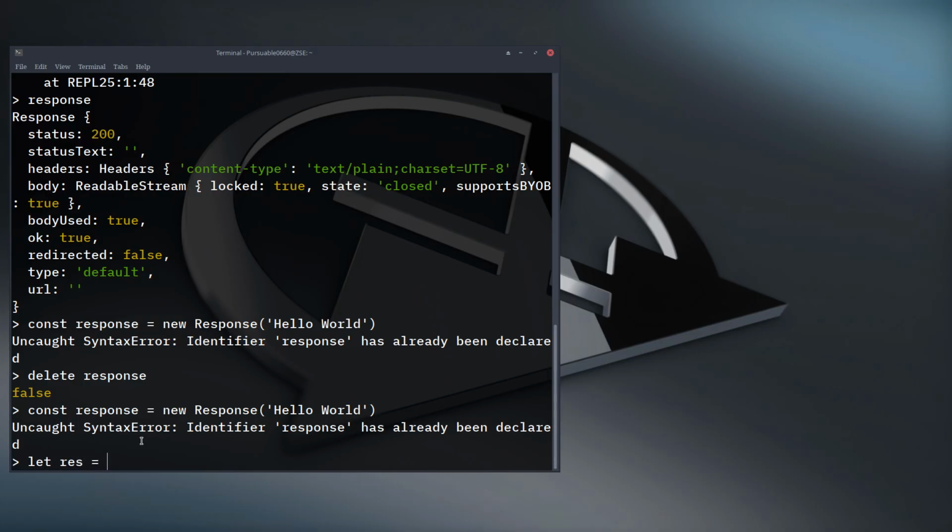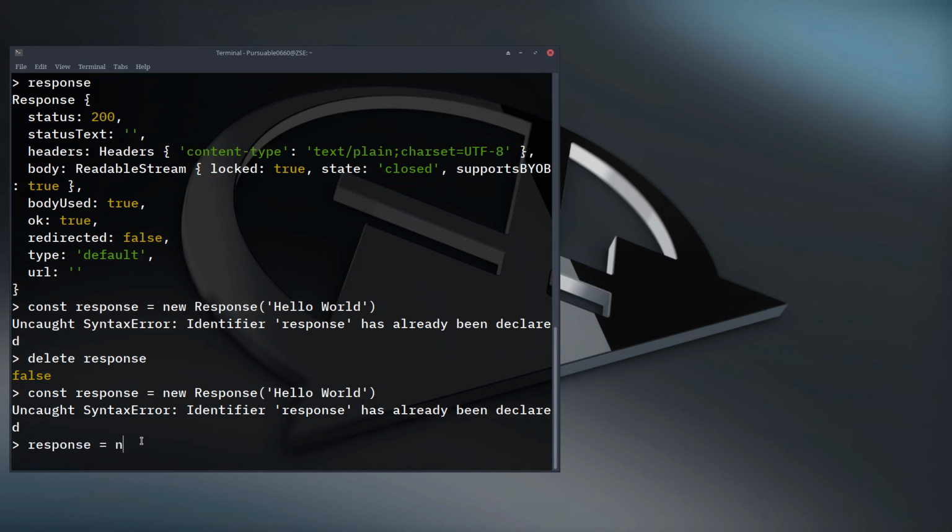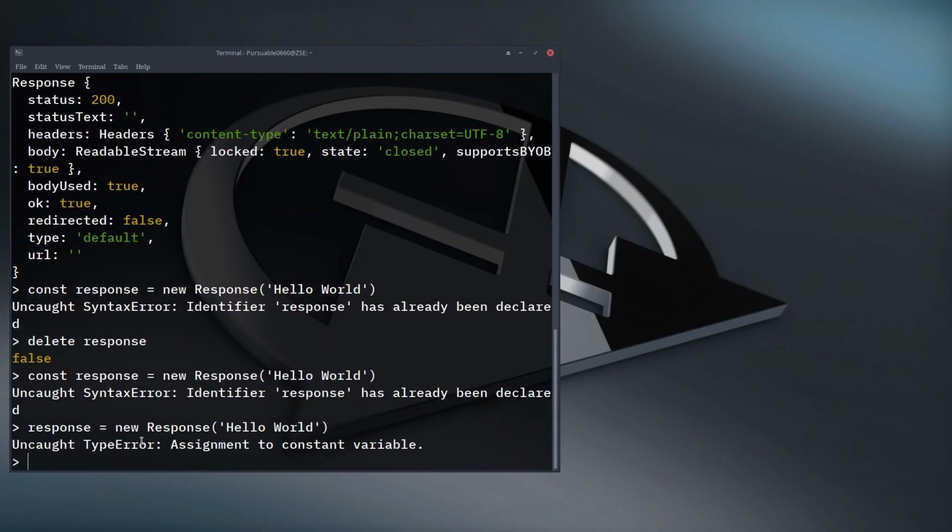So let me use this instead. Oh, I think if I do response equals this, because I know that in this console I can actually still initialize stuff again. Or am I dreaming of something else? Oops, it seems I can't. Okay, in that case,